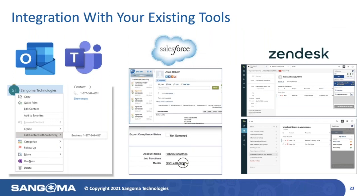With Switchvox, you can make it your own. Switchvox provides the flexibility to integrate other software into one seamless view. For Microsoft, you can integrate Outlook with Switchvox. Switchvox for Outlook enables users to dial an Outlook contact's phone number using your Switchvox phone. And anytime an incoming call matches an Outlook contact record, Switchvox for Outlook will provide a screen pop-up with information